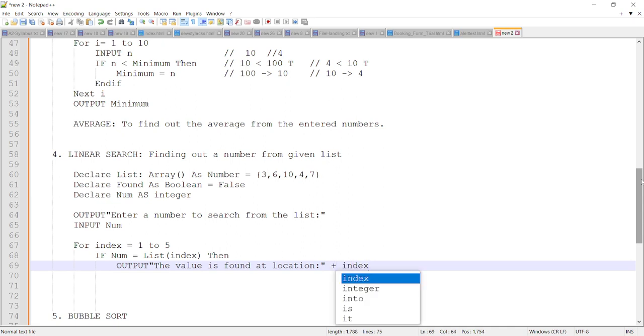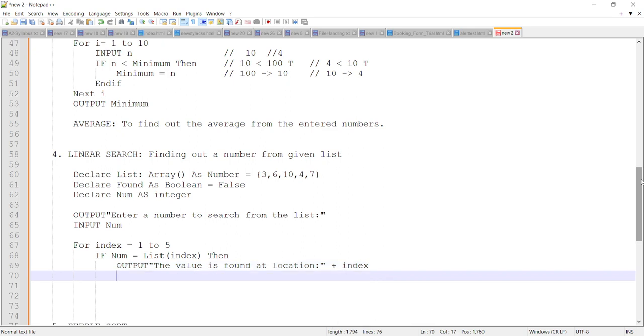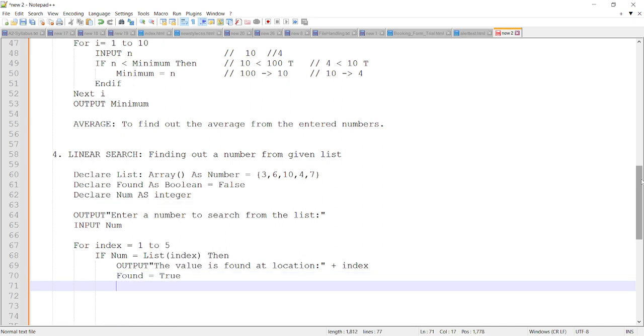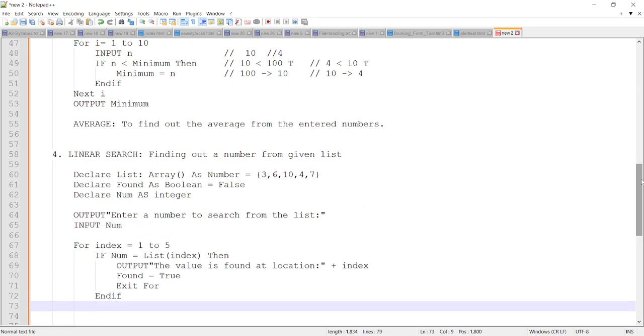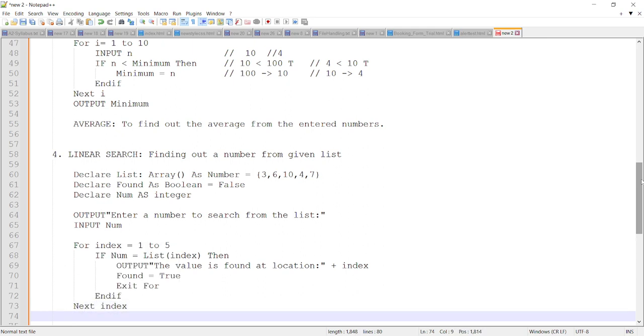Okay, I've just added this so that it tells us at which element the value exists. Then yes, we will also turn found to true. And one more thing in the loop, we need to exit the for so that more searching is not done. And end if, and next index. Okay, so this is how